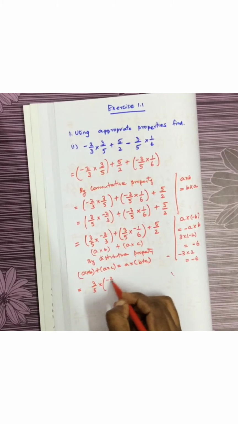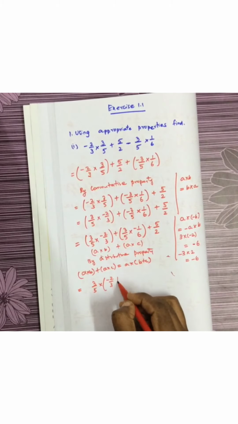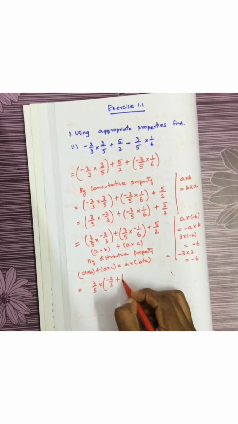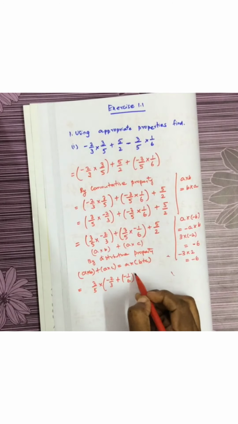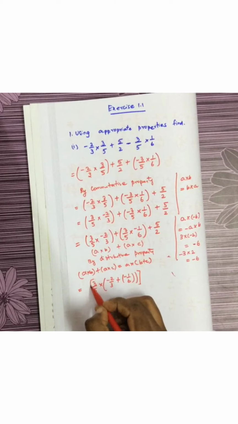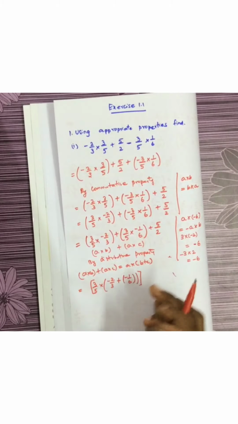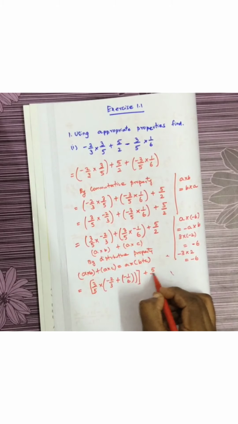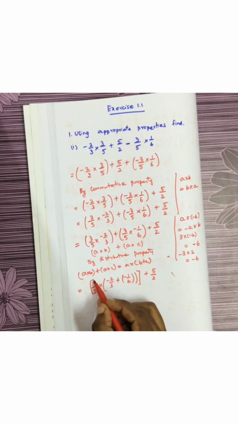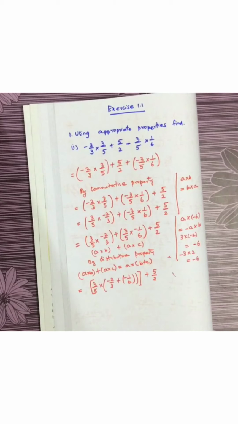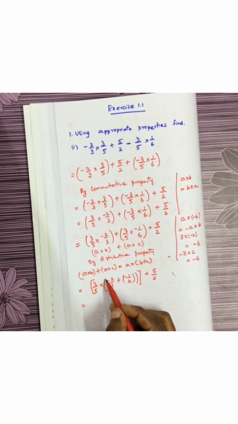What is B? Minus 2 by 3 plus C. What is C? Minus 1 by 6. This is one term, A multiplied by B plus C. To this, after solving this, you have to add 5 by 2. Make sure this bracket helps you to understand the concept well. That is equal to. Now we have to solve whichever is in the